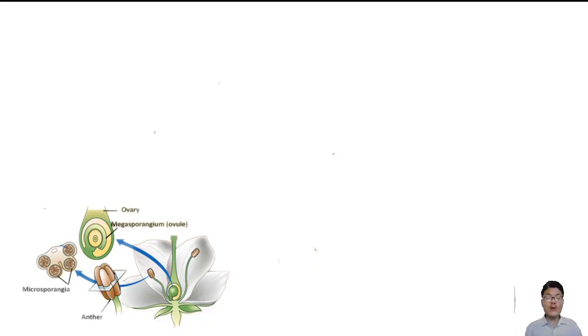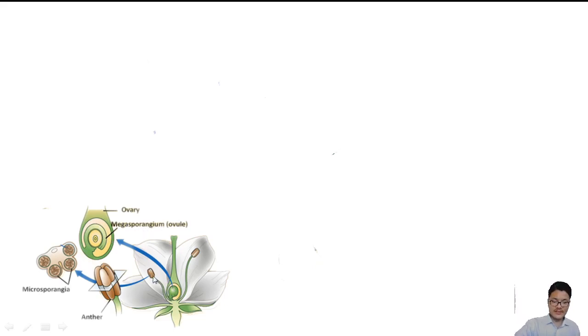Now let's see how sexual reproduction occurs in flowering plants. The flower is shown on your screen. This flower is a bisexual flower, similar to hibiscus, having a female reproductive organ and a male reproductive organ. In case of the female reproductive organ, we have a bulging proximal structure which is attached to the thalamus, which is called the ovary. Inside the ovary we have ovules or megasporangium, in which there is formation of the egg.